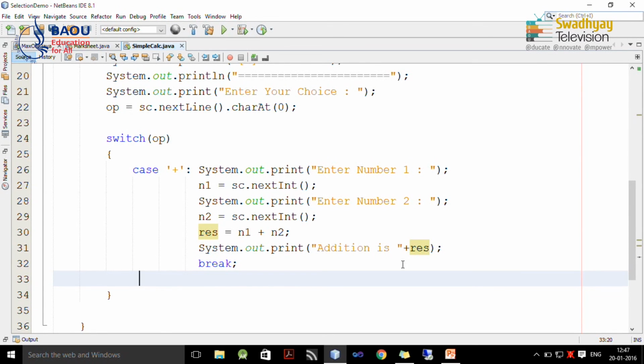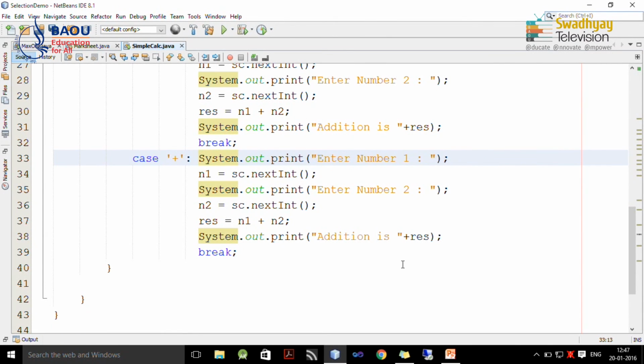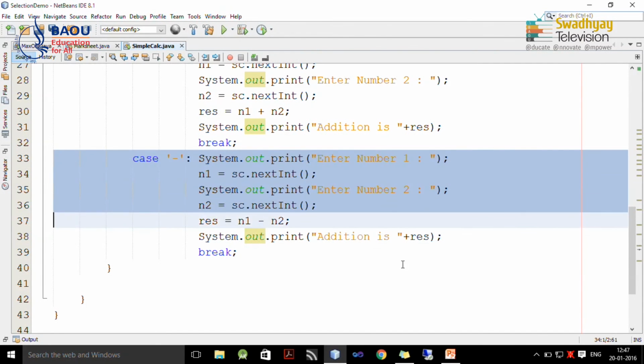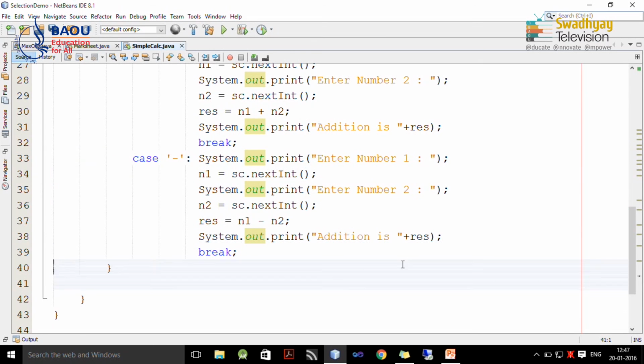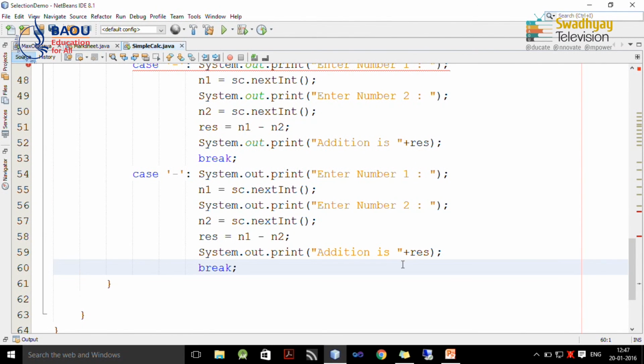Next, we copy the entire case, but this time we will change this value to minus. We read two numbers and perform subtraction. So we have to again copy this for multiplication, division and modulo division.